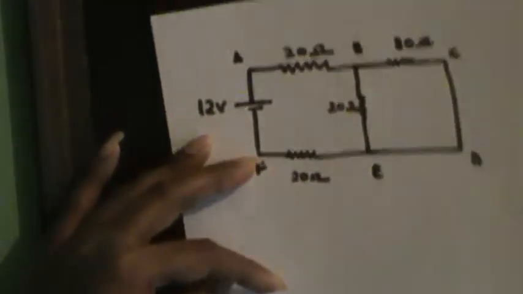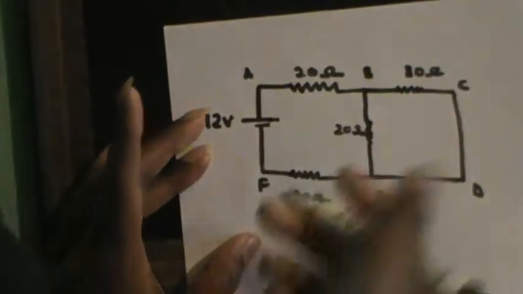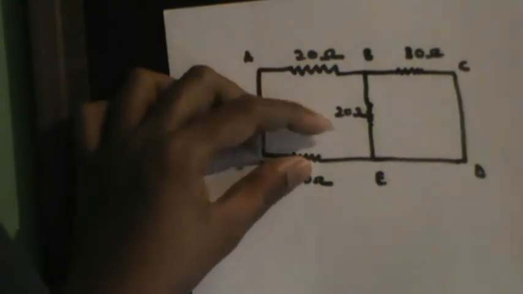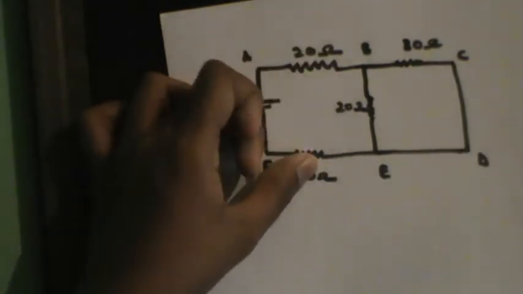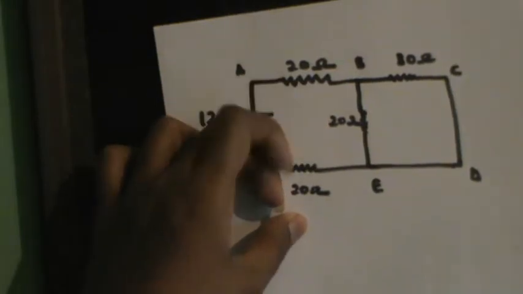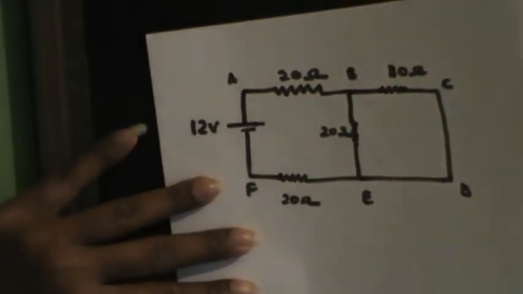It's always better if you name the two loops in some way. It doesn't have to be A, B, C, D, E, F; it could be P, Q, R, anything. It's just to remember, and it isn't needed for the calculation, but it avoids confusion. You don't have to write this, but if you do, it will be easier, because you will understand which loop you are on. With two loops it's no problem, but if you have 3 or 4 loops, you will get confused when solving as to which loop you are applying the law to. If you have names and configurations like that, you can easily understand which loop you can put it on.